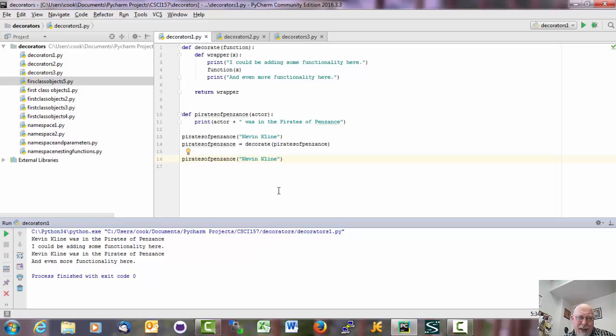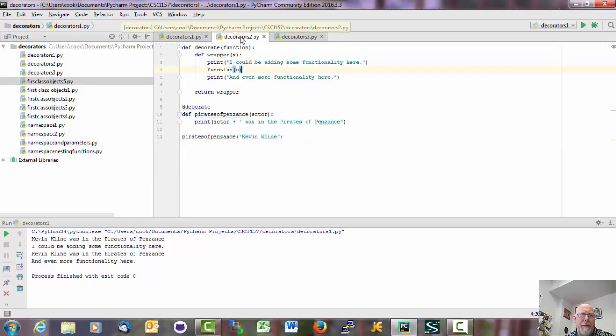So you can take an existing function and add functionality to it by putting one of these wrappers around it, and then using this syntax. Okay, so what is a decorator? Well, I'm going to rewrite all of this work using a decorator. And the way we do that is